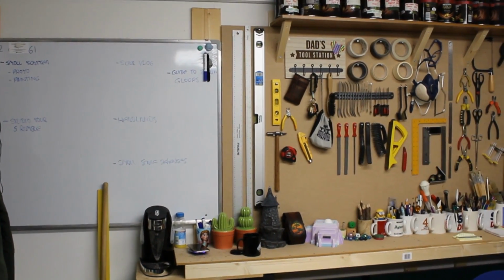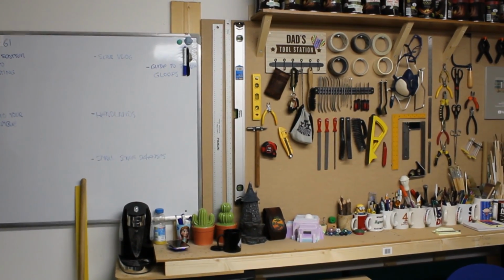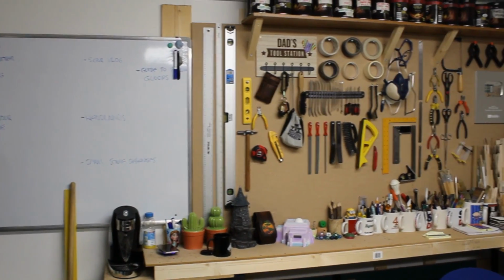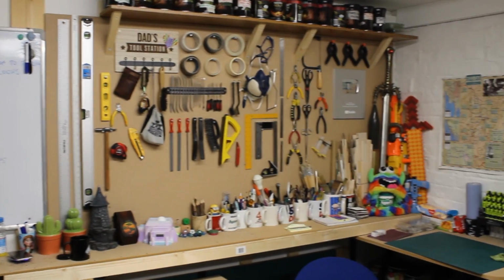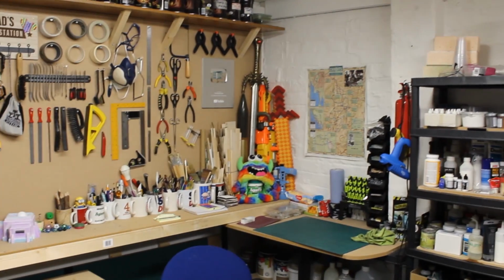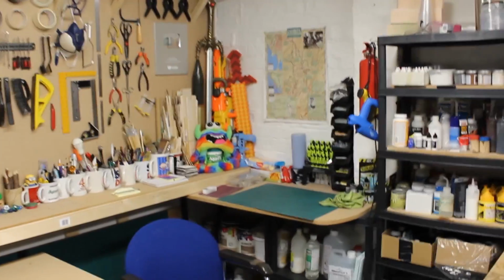And probably my pride of place is Dad's tool station. Willow got me that for Father's Day. Yeah, made me a little heart for it. But you've got all my tools up there. If we come in a bit closer, in fact, let me go around to show you that bit. And then you've got my little work area and my paint racks. But if we come in a bit closer,